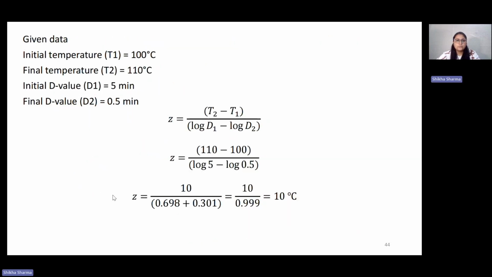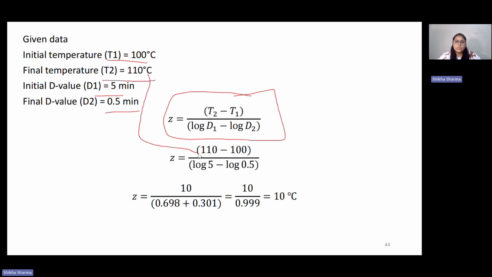According to the given data, the initial temperature is 100 and it is increased from 100 to 110, and the D value goes from 5 minutes to 0.5 minutes. So Z value is equal to T2 minus T1 upon log D1 minus log D2. So we just need to put in the values. T2 is 110 minus T1, which is 100, divided by log D1, which is log 5, minus log D2,